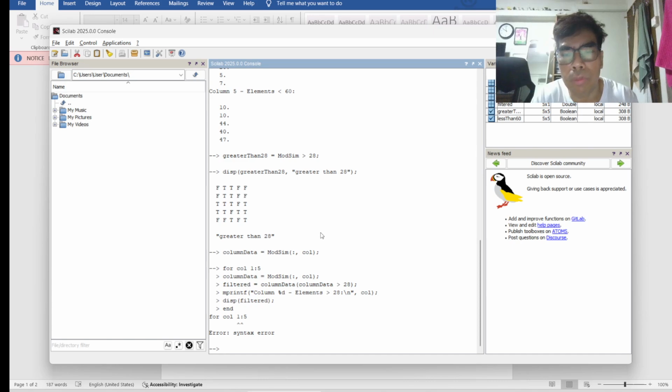Error for, sorry, for col is equal to 1 5.